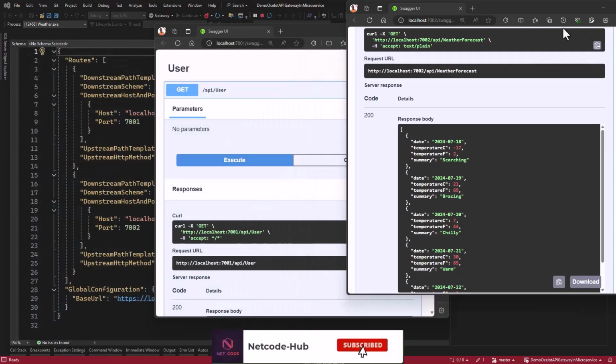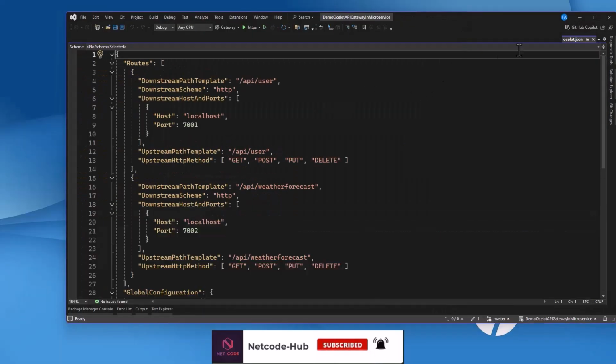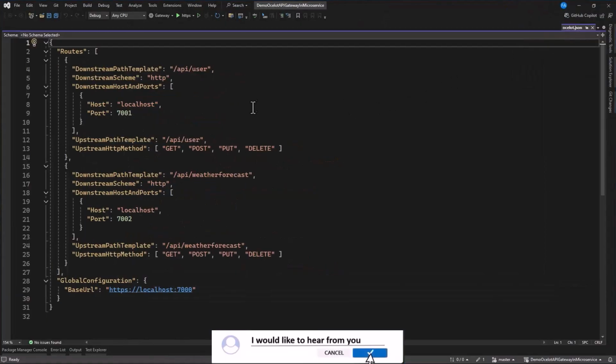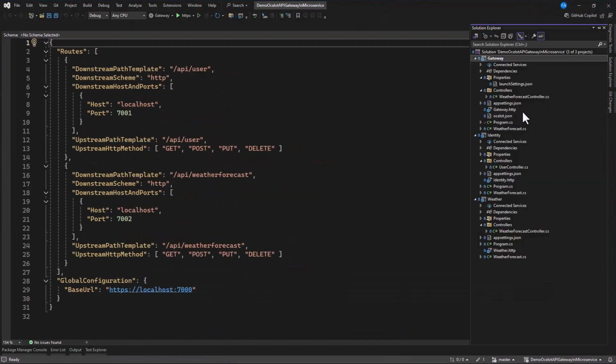So let's close all this. Okay, so this is our project. And now in here, what we're going to do is create middleware. We're going to create two middlewares. The first middleware is going to be in the gateway. As soon as the gateway receives any request, it's going to access the header and add specific content to the request header before it pushes it to the service.